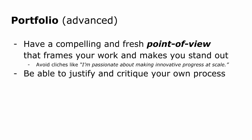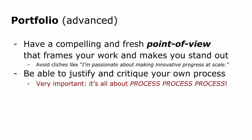Another really important thing about the portfolio and about interviewing and using your portfolio for interviews is being able to justify and critique your own design process. So it's all about process. If you have 2 people who have the exact same portfolio and they say, oh, I made this mobile app for my class or for a friend's student club. And if one person is not able to talk coherently about why they made the choices they did, what needs they had, what feedback they got along the way, what mistakes they made, it just wouldn't sound as impressive as someone else